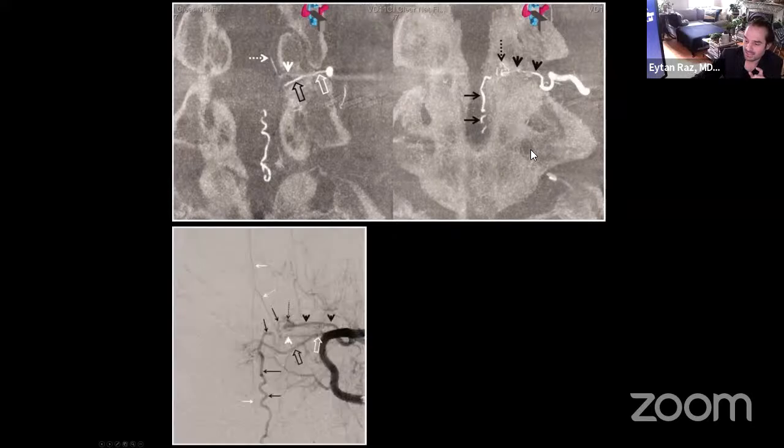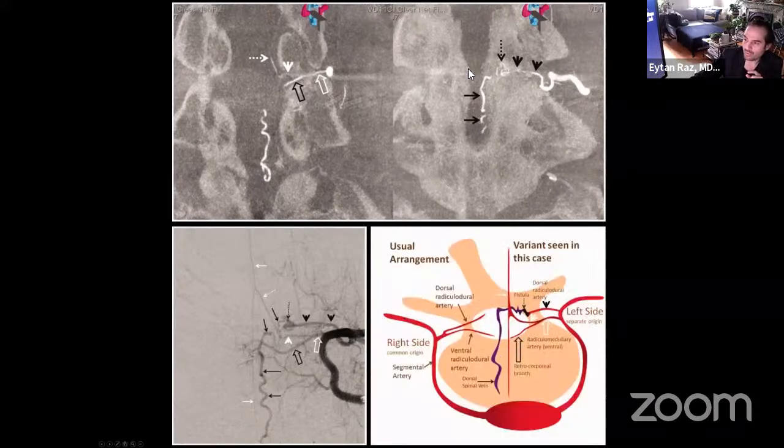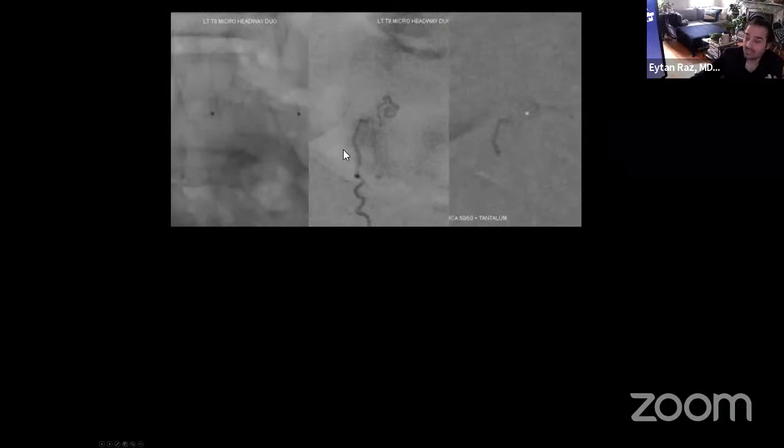They seem separated. Now, something that is very hard to understand in 2D becomes essentially obvious on the DynaCT, like in this drawing. You have two separate branches. It's not the same branch giving the anterior spinal artery and the fistula. They're two separate branches. So now, when you look at this, can you go separately into this in a safe way and cure it? The answer is yes, you can go selectively there now